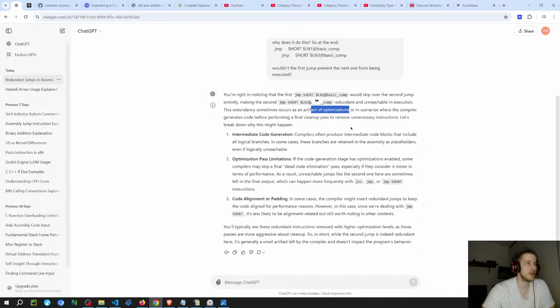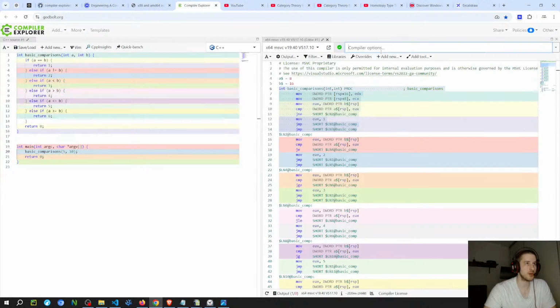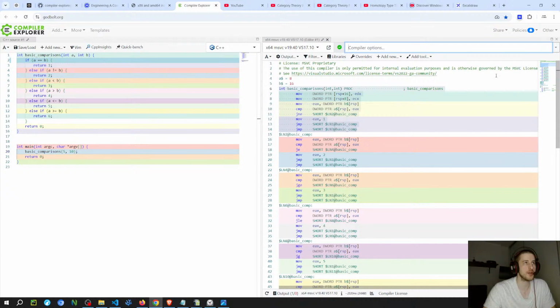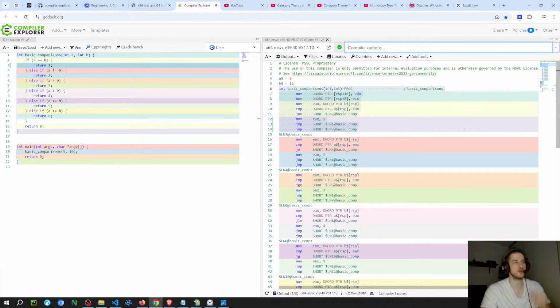Yeah, I think it's because of lack of optimizations. So I'm not using any flags. So you can put flags here on the compiler. I don't remember really what flags do what thing. But obviously I do know that there are flags that you can use to optimize the code. I think one of them is going to be O3 or something.